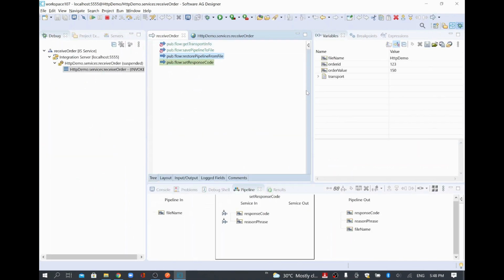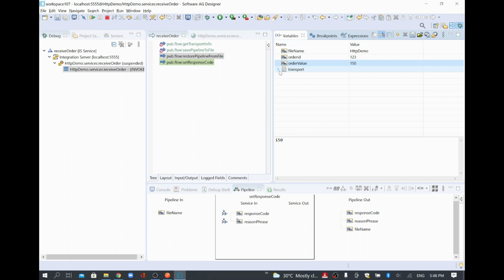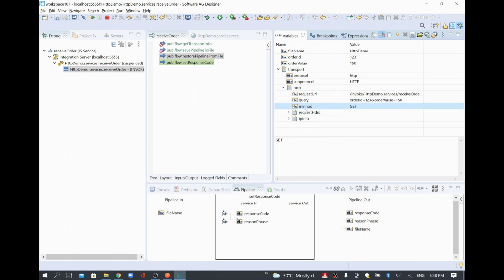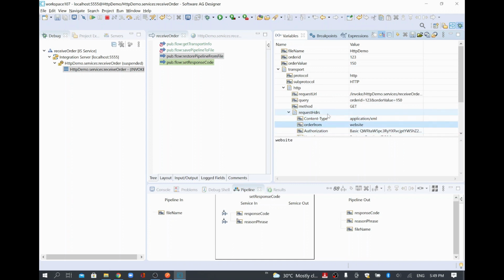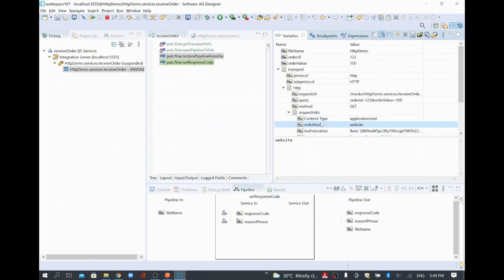See here, I'm restoring it, and you see the value which is coming in order ID and order value is available in the pipeline, and there is something we have sent in the HTTP header. For that one, you just go inside the transport. This is the output of your get transport info, HTTP, and method, whatever method we have sent the data, and there's something called request header. See here, content type is coming, and order from is also there, website. Whatever data we have sent in a header, order from is a custom header name, we have sent it here, right? So that same value is getting captured.